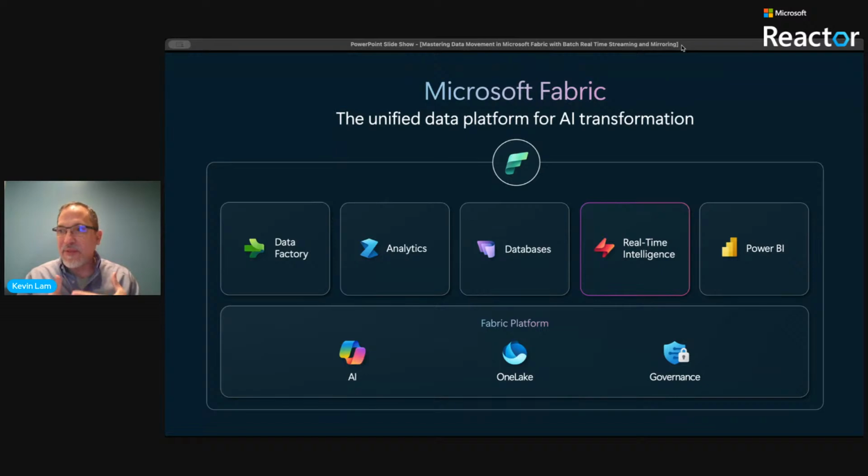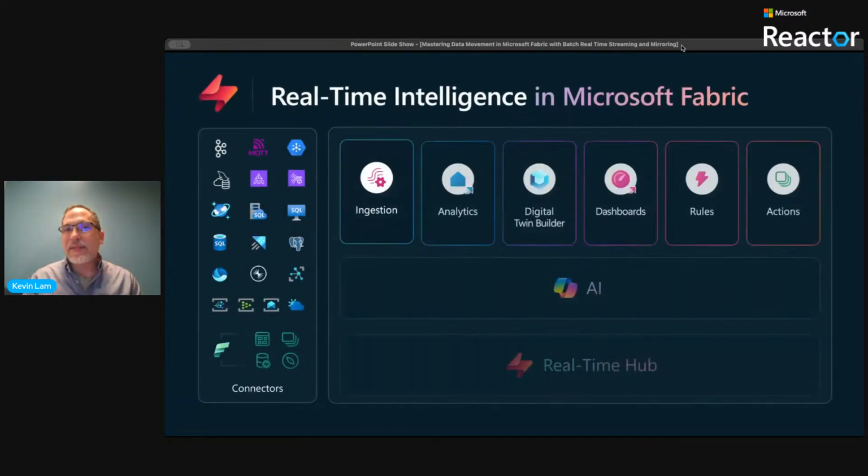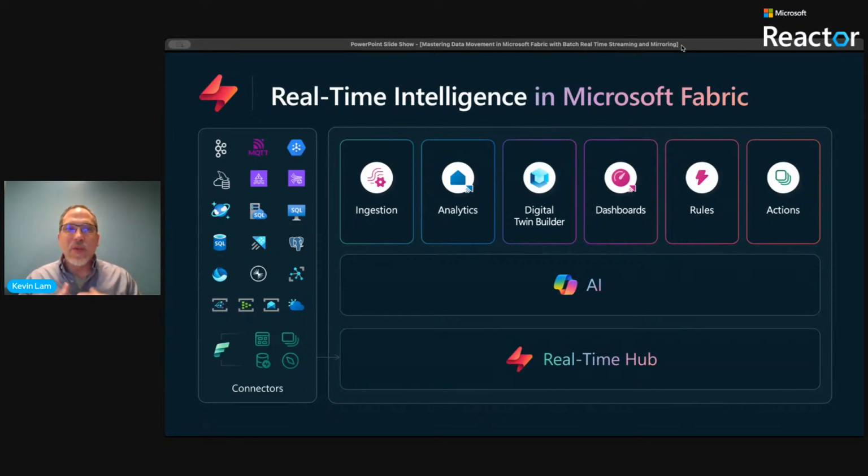And a lot of folks have needs for moving their data in real time. I need the data now or as it happens. And so that's where the real-time intelligence workload comes in. So on the next slide, we'll see how we're breaking down the real-time intelligence workload, where we have, if we're